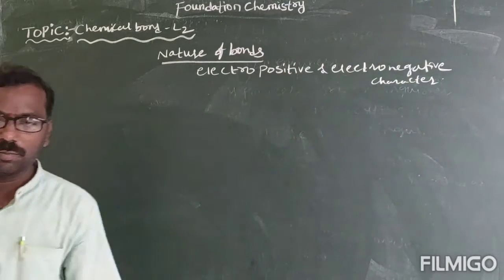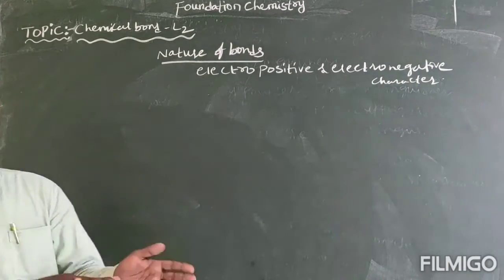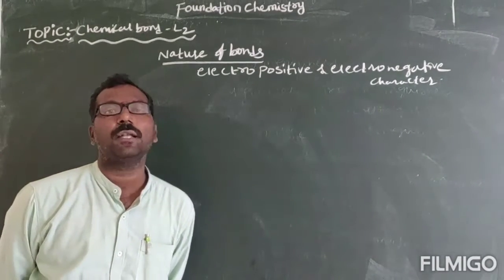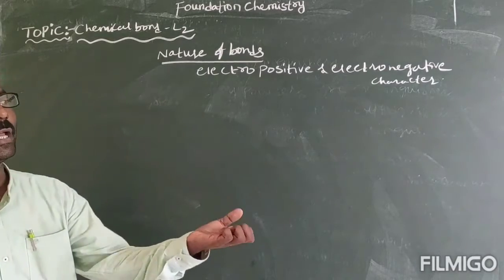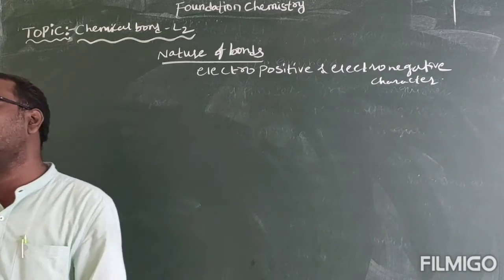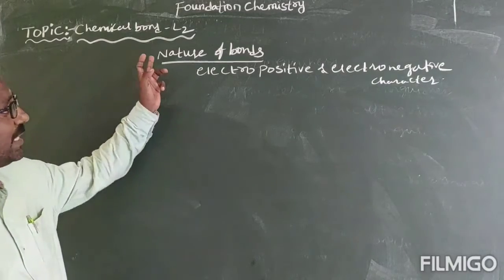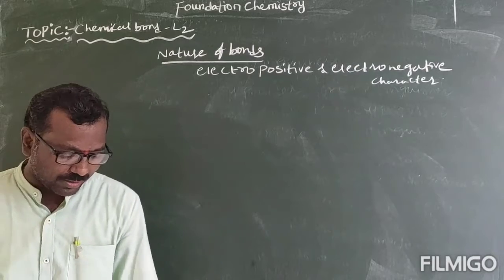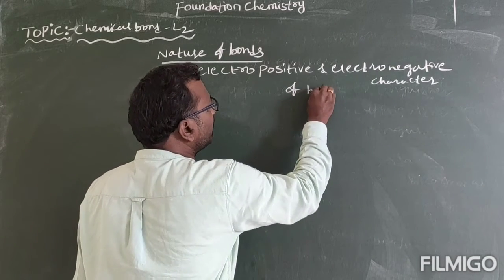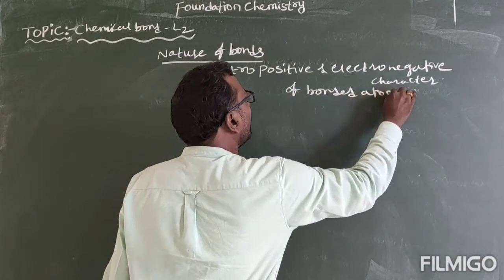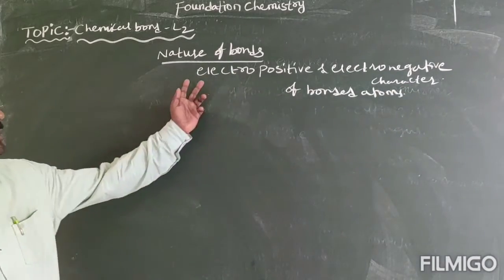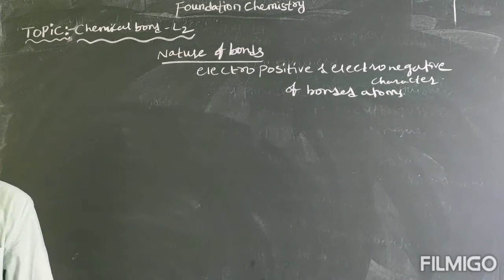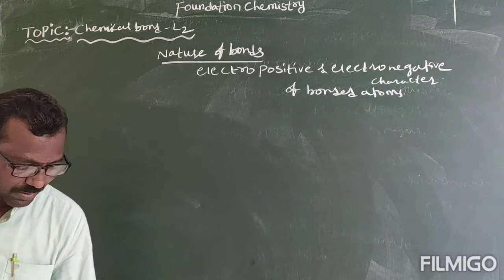Generally, bonding means redistribution of electrons between the atoms. When this takes place, one atom should have the property of giving and the other the property of taking. So the nature of the bond mainly depends upon the electropositive and electronegative character of the bonded atoms. Depending upon these, if both are electropositive, or one is more electropositive and the other more electronegative, what type of bonding results? That we will see now.